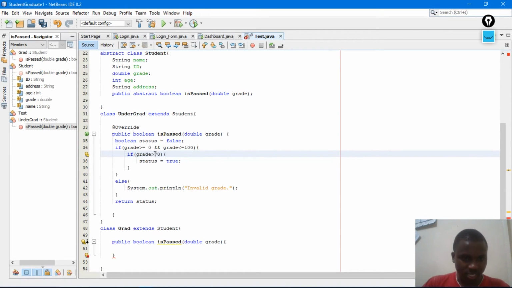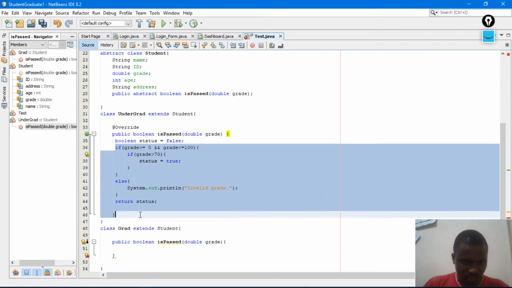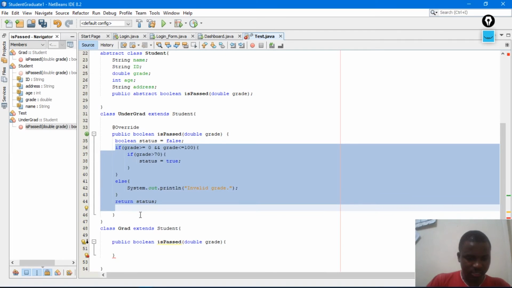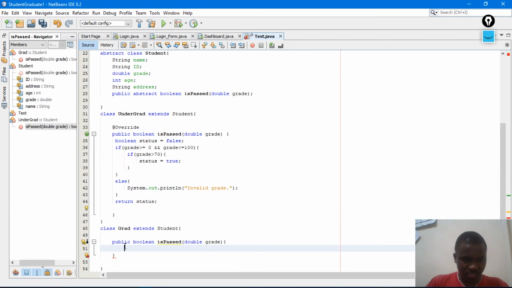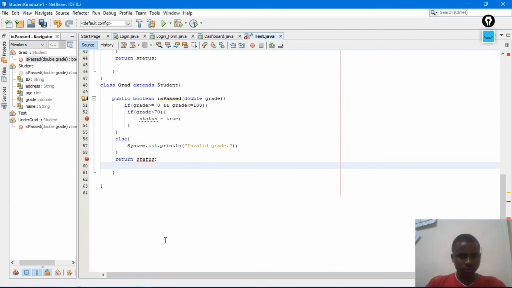So I have to only change here where there is a 70. So I'm going to copy all this code as it is. Okay, return, as it is, and then paste it here inside this. Okay, this variable has not been declared, so I have to declare it here.